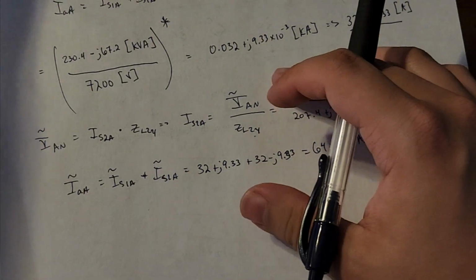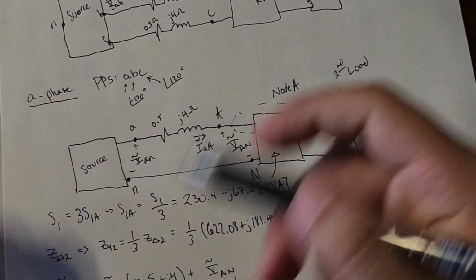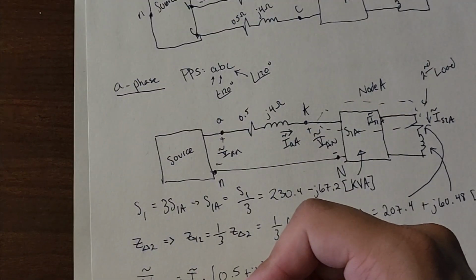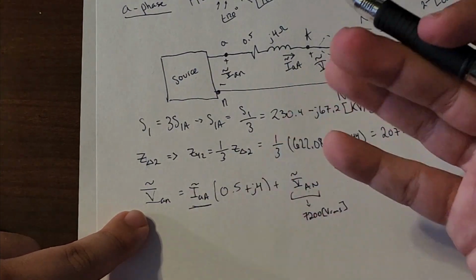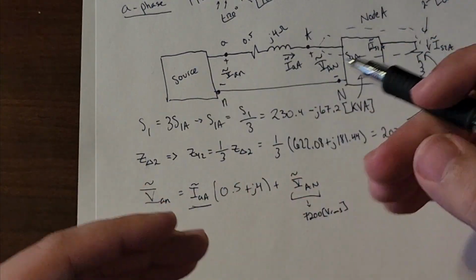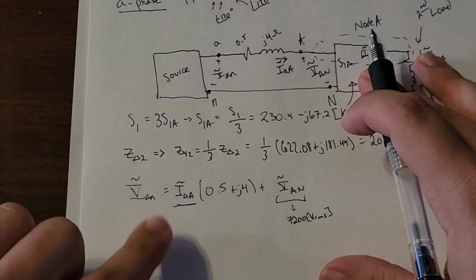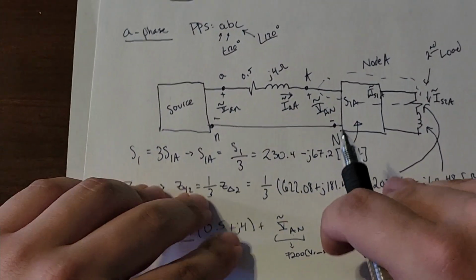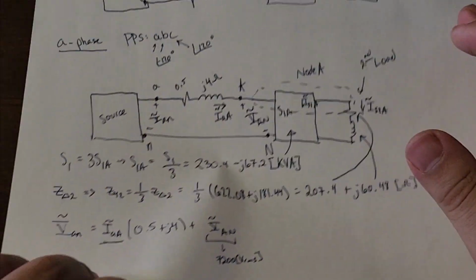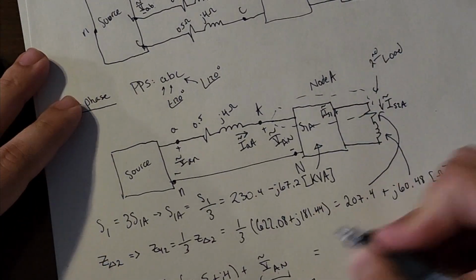We need to use the other equation because we're trying to find the voltage at the source, the line voltage at the source. This is the phase voltage. So let's find the phase voltage at the source first and convert it to line voltage. So remember this equation, we have 7200. All we needed was IAA, which we have now. So actually, I'm just going to do it on this paper here. This is now equal to